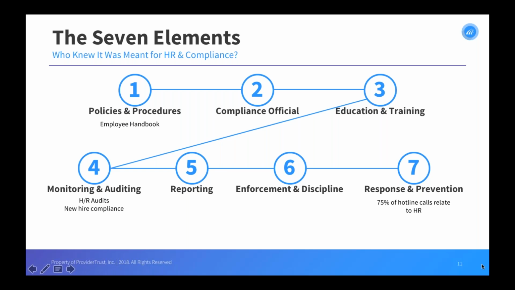So the first element is policies and procedures, and the requirement to have policies and procedures. And one really important thing that our HR folks pull together for us is our employee handbook. We have all sorts of policies and procedures and compliance information and behavior information in our employee handbook. I won't go through each and every one of them because I think we all know the 7 elements, but